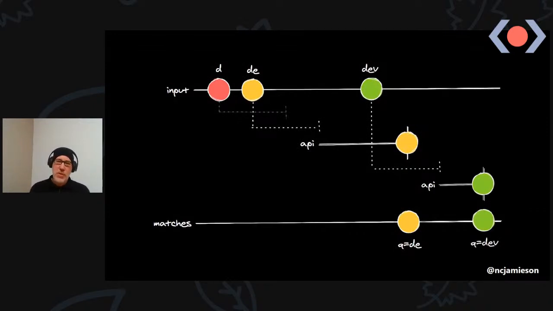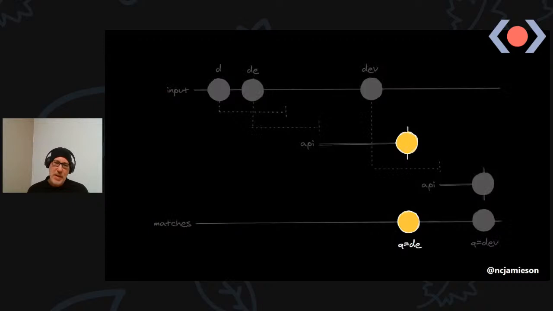So this is all fine. If the user's typing fairly quickly, we're going to ignore most of the character presses. We're not going to make an API call for every single character press. But if you look at the diagram, there's something that's a little bit amiss. We've got this result that's shown in the user interface, even though the user has pressed the V character. So they've typed dev, and the user interface has shown them the results for DE.